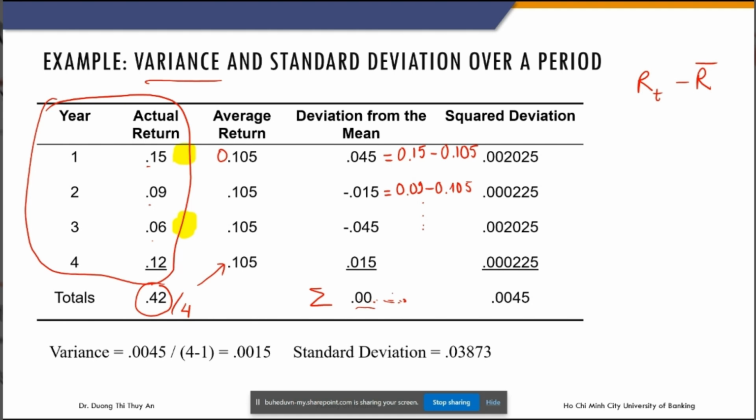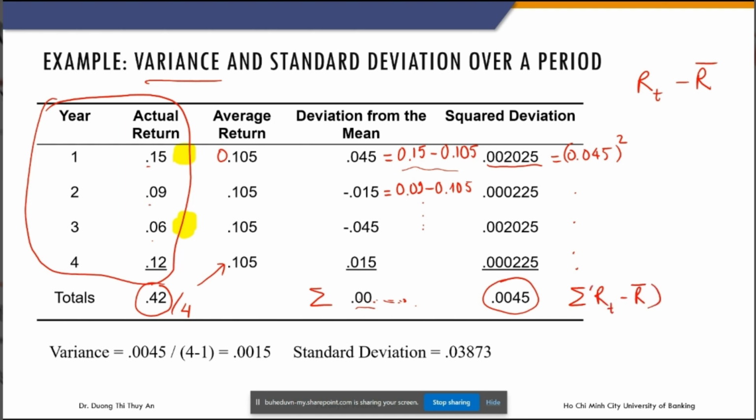Now we have the deviation from the mean. But this number is not squared, it's the level number. So this one we take equal to 0.5 squared, and then the total is 0.0045. This is the total corresponding to the sum of (R_t minus R bar)